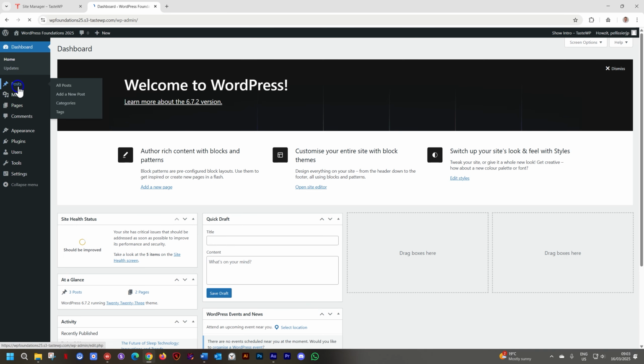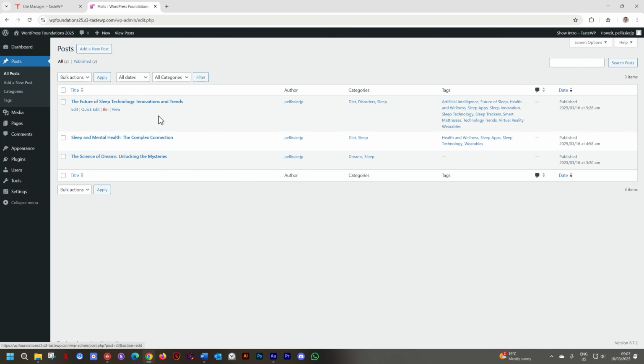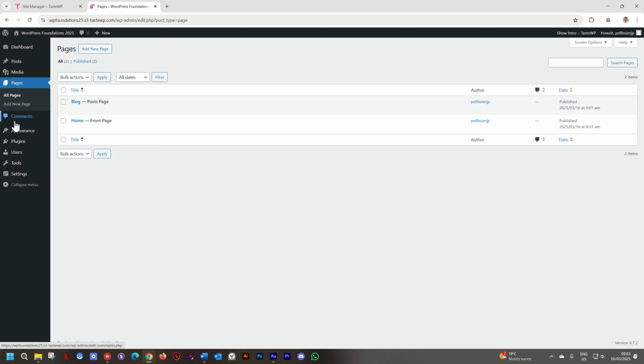Here are the posts. They are dynamic. The content will update, and our category pages and our tags pages and our blog post page will all update whenever we add a new post. But our pages page, or pages, they are static. We bring in information and they display statically. They don't update, they don't change.